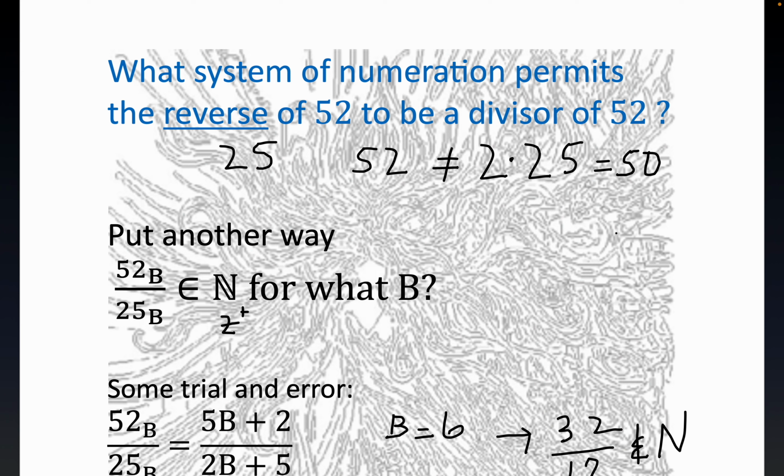B equals 8. When B is equal to 8, that gets the job done, and 52 has a divisor that's equal to its reverse. So for B equals 8,